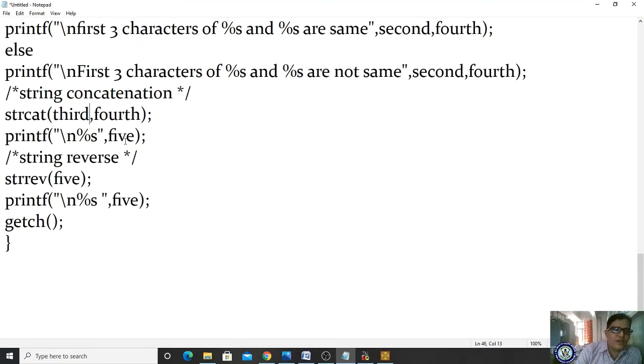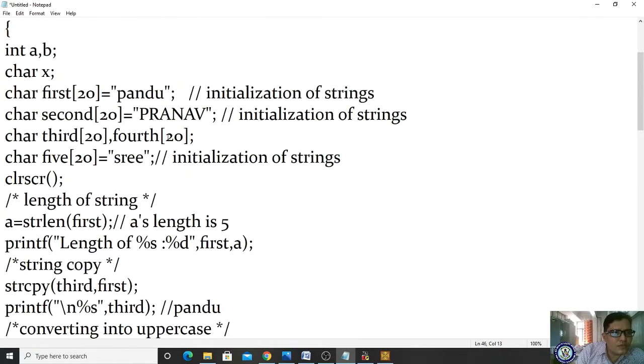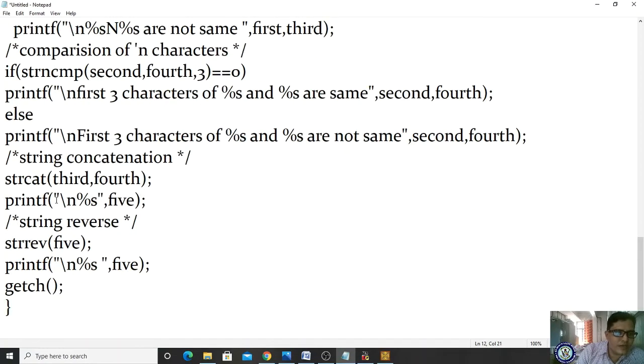So if you print %s for 5, whatever is assigned to 5, Sri, will be displayed, right? But if you display third, then what will it display? Pandu Pranav will be displayed.